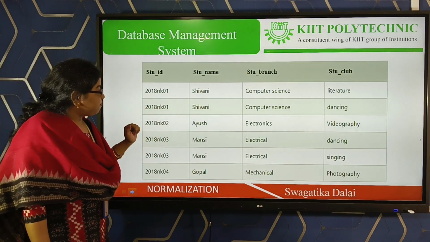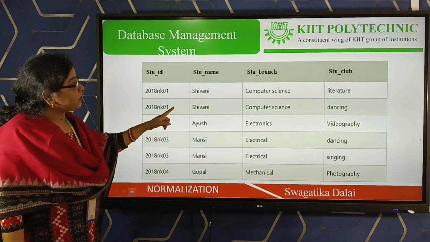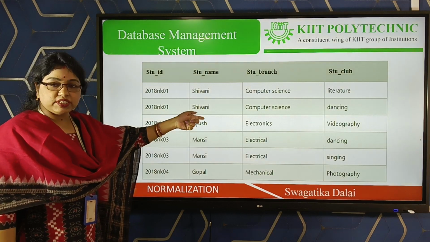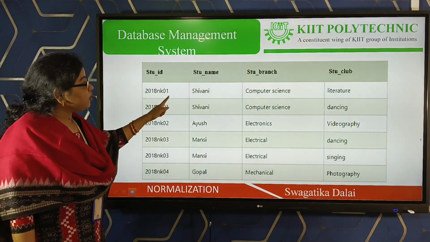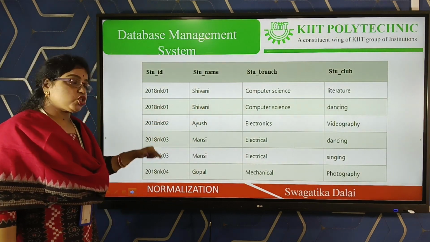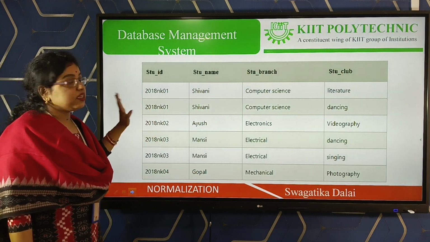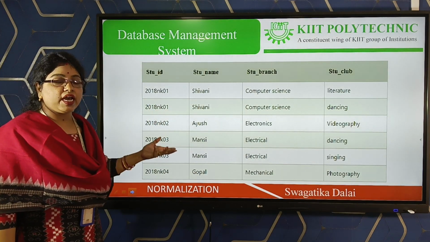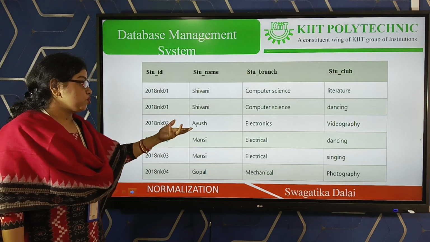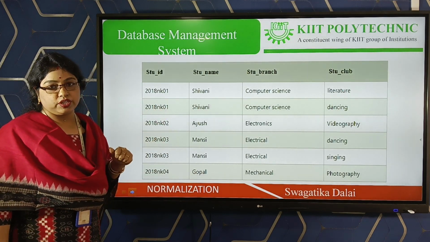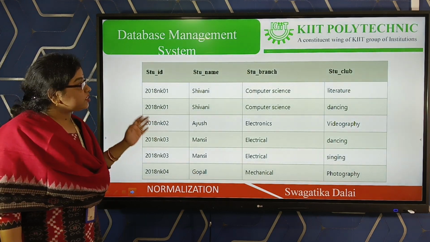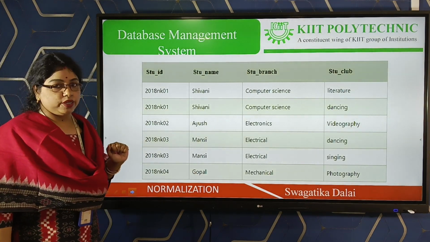Here you can see, if we want to update the branch of Shivani from computer science to electronics in the first row, then we must update that data in the second row also. Otherwise, the student Shivani has more than one branch, that is computer science and electronics, which causes inconsistency in the database, and this is called the updation anomaly.